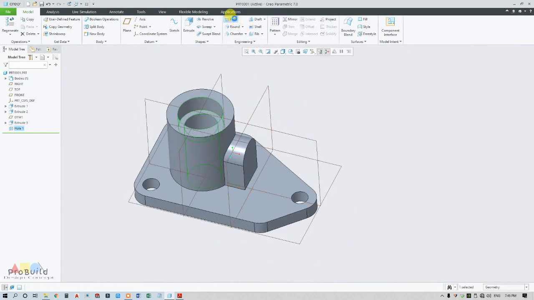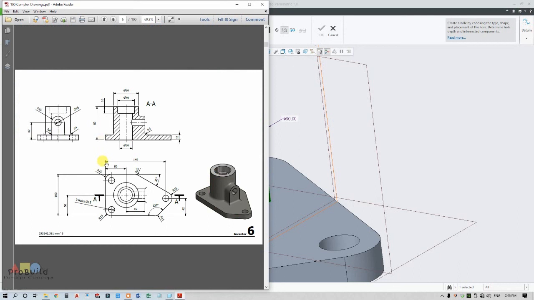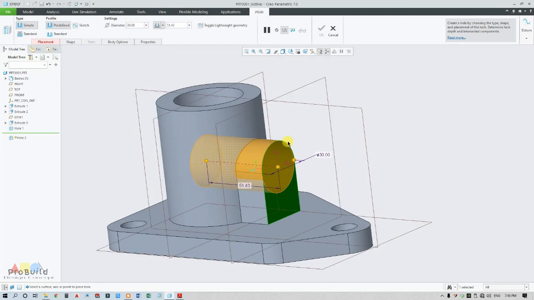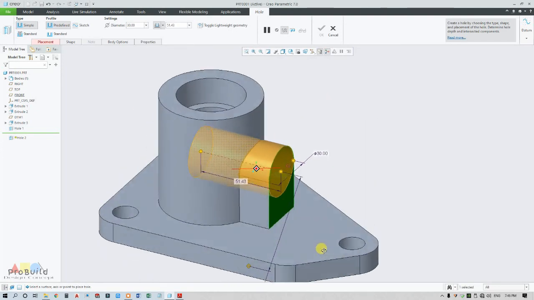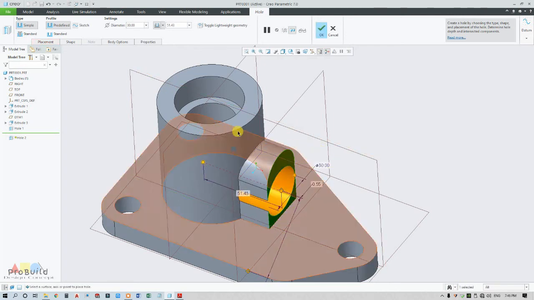Now I'm going to place a hole here. So my hole's data is given here. This is of diameter 16. From here it is 42. Okay, so I'm going to make this one clip down the surface, this surface, and another to this plane so that it gets aligned.